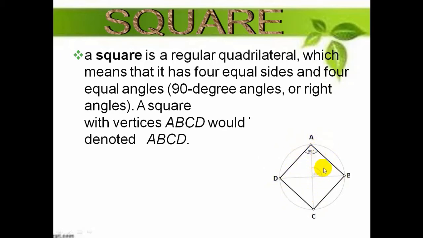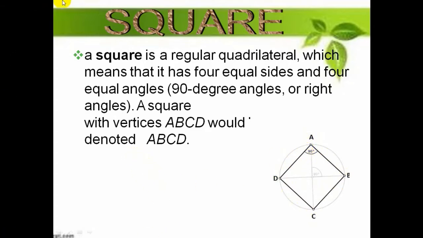How to construct? First of all, use the compass and put the compass at the center point for the circle, and then open the compass about some radius, like suppose this is the center O, OE, and draw the circle. Then draw the two diameters for the circle, and then open the compass about the radius OA or OC and draw one arc. Similarly, draw another arc and then join these arcs to each other. You will get a square shape.